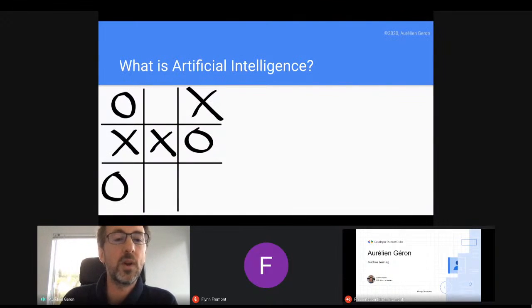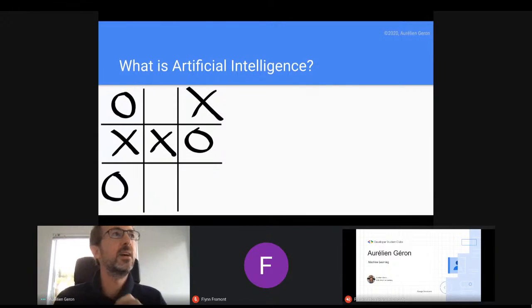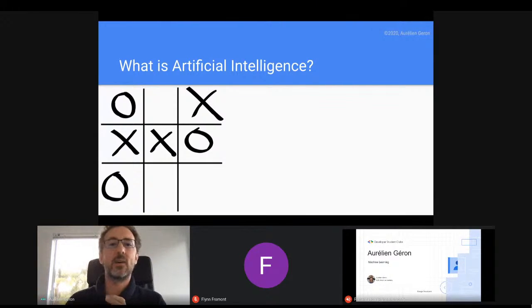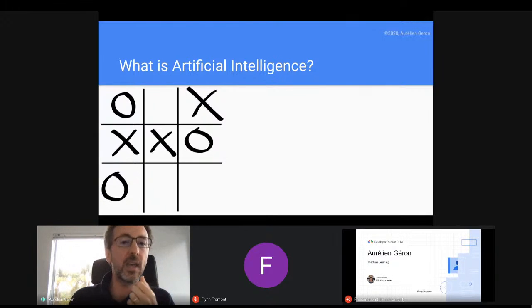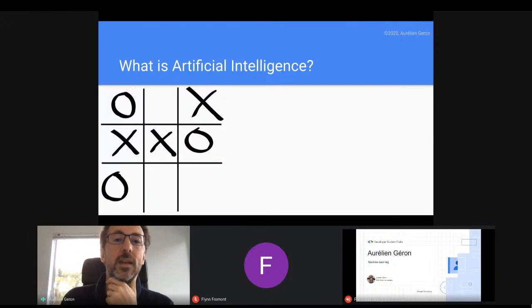Okay, so what is AI? There are various domains of AI, and one of them, the oldest one, is probably called symbolic AI. Maybe some of you have heard about that. Here's an example. You want to program a computer to play tic-tac-toe. A very simple approach is to say it's the computer's turn right now.